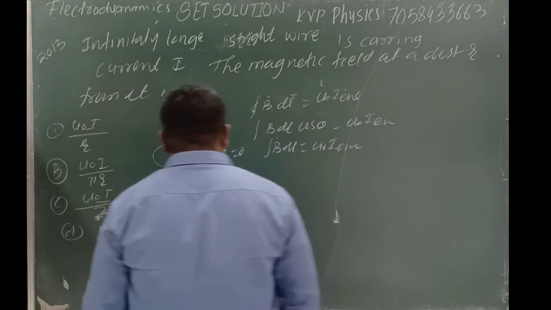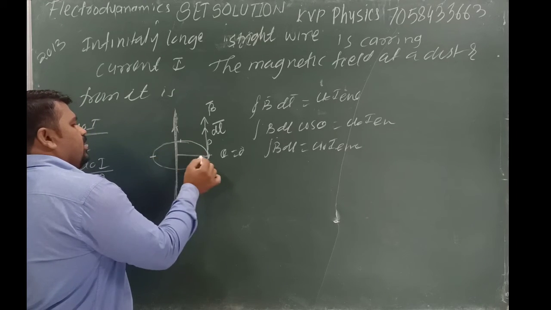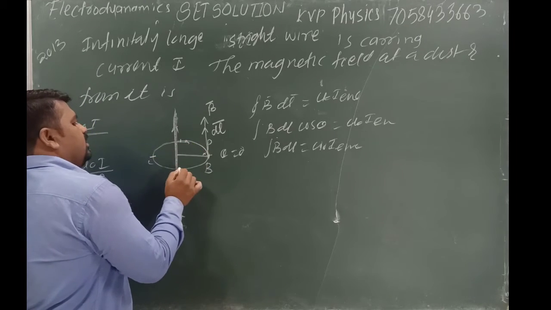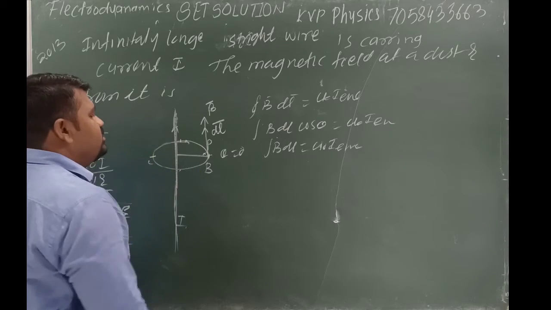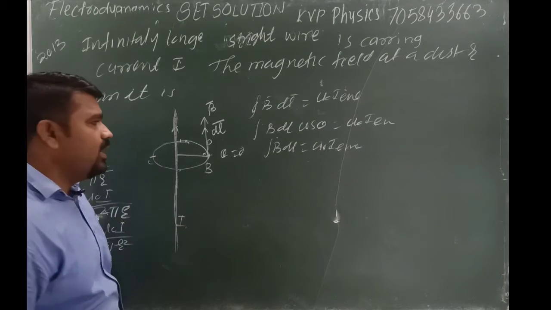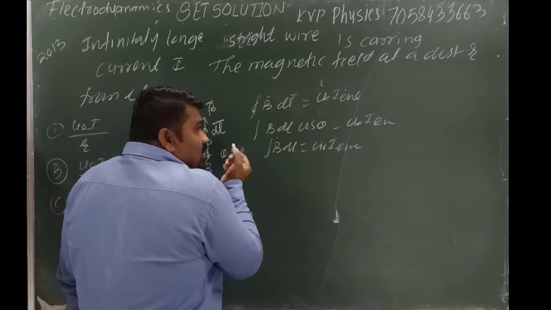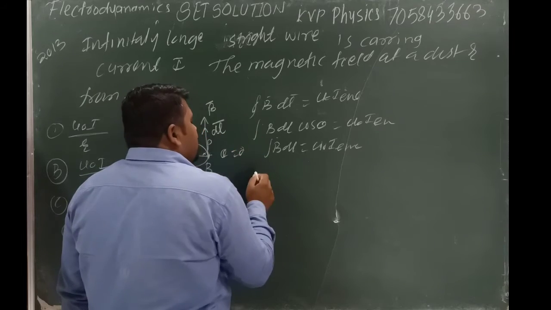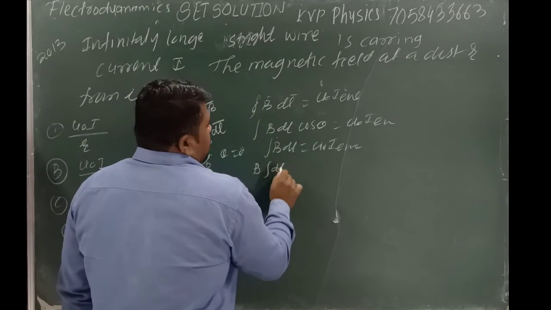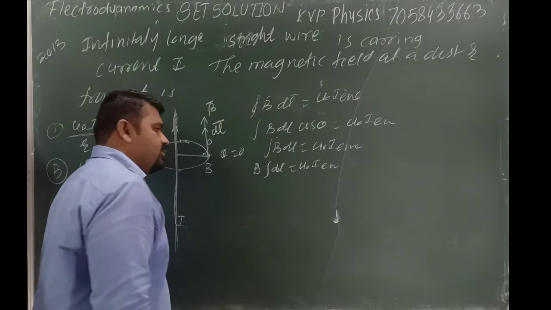Now suppose we want to find the magnetic field. Suppose there are points A, B, C and D on a uniform loop. It means at all the points A, B, C, D the B value will be the same. On the Amperean loop, which is an imaginary loop, each and every point has the same magnetic field. So B dl is mu naught I enclosed. Okay.